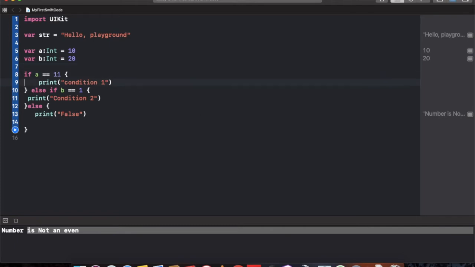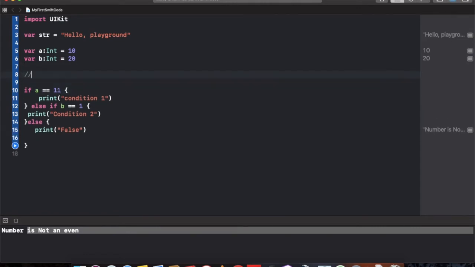If we have a combination of statements to write in a single statement, we can use these operators: and, or, not. How can we use these operators with an if statement? First of all, if you want to use the AND operator, let's use these variables. If a equal to 10 and